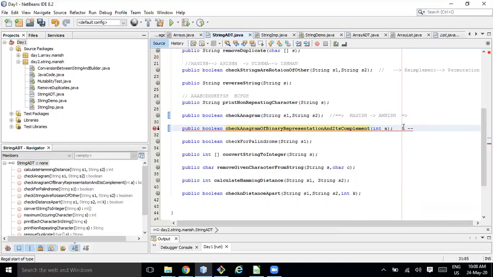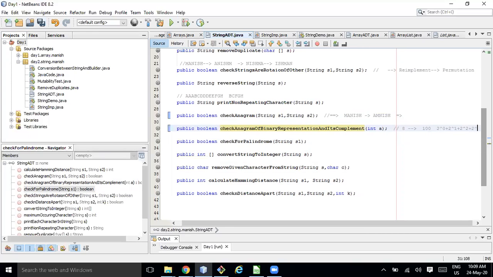If you want to represent 8 in binary format, how are you going to represent it? It is 1 0 0 0, or you can say 2 to the power 0 plus 2 to the power 1 plus 2 to the power 2 plus 2 to the power 3.